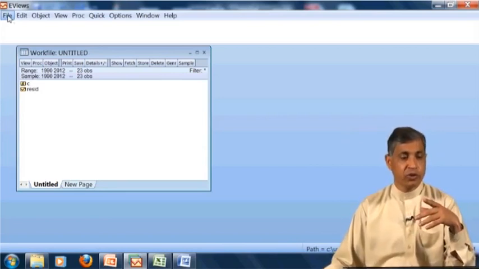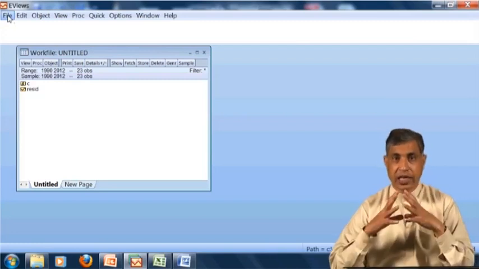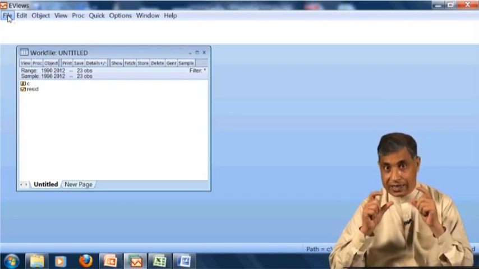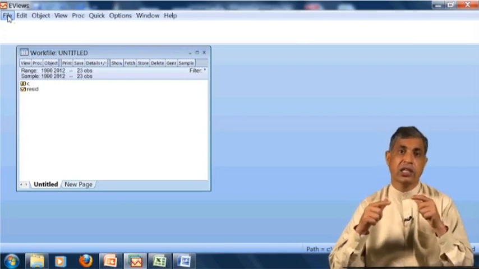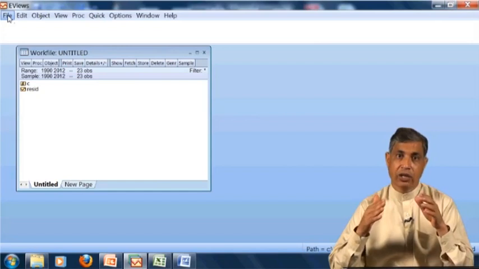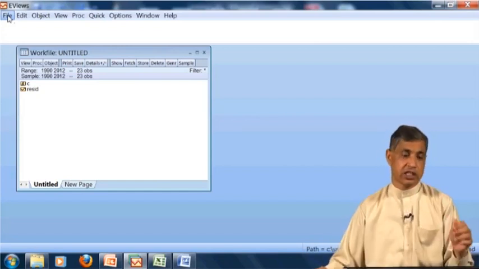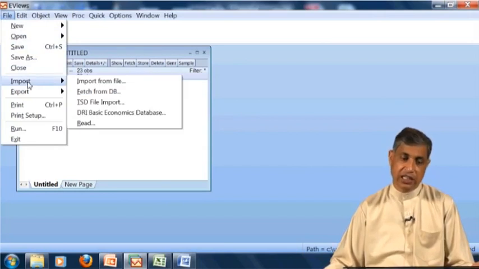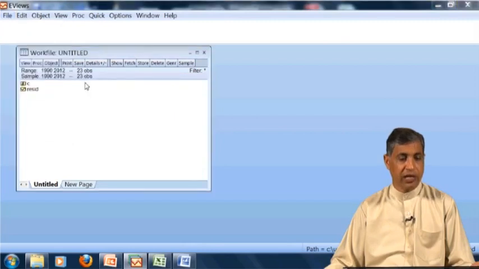What I will be doing is, my data file name is data, and it is an Excel sheet, and I would like to import it from this. If you go there, you can see this is the import, and I would like that import file.